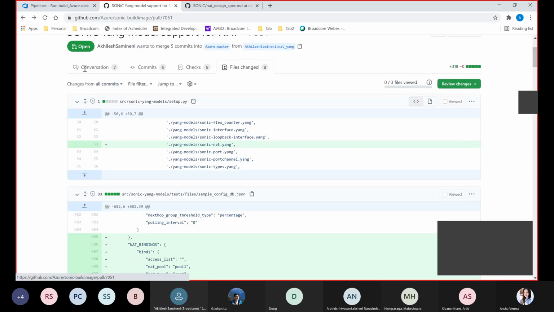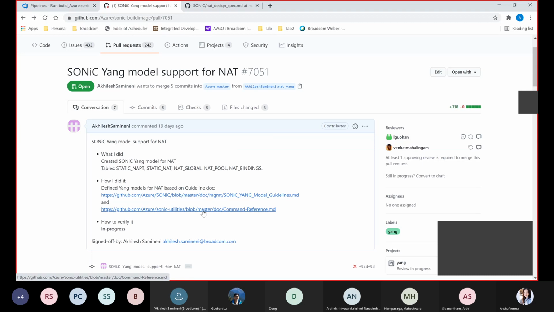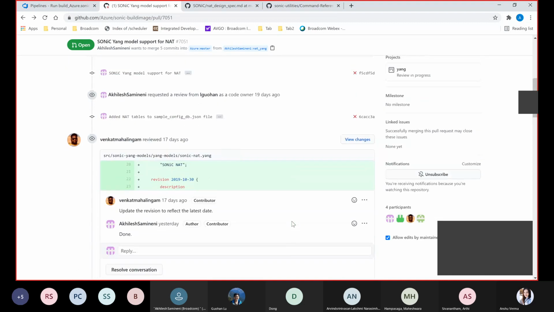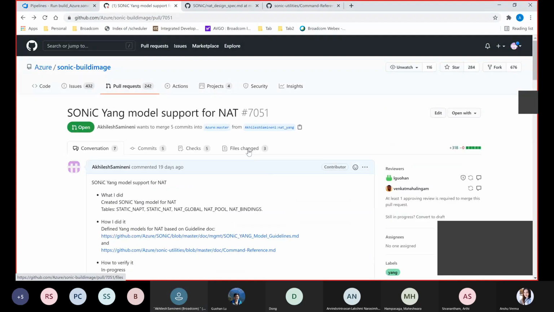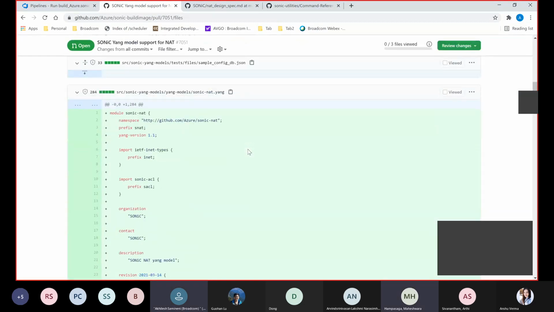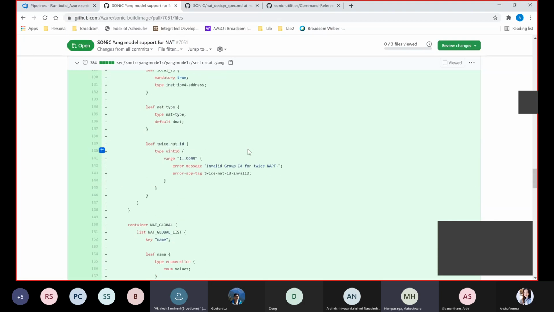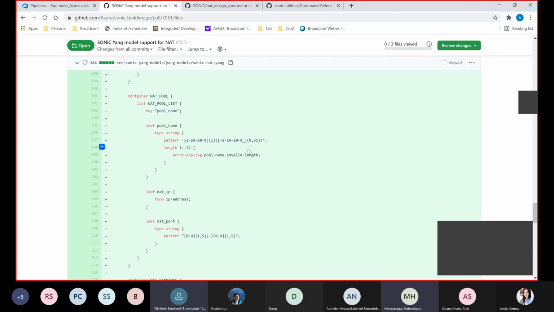By the way, did we say all those leaves should be name instead of pool name and those things? Should I make it name instead of pool name?